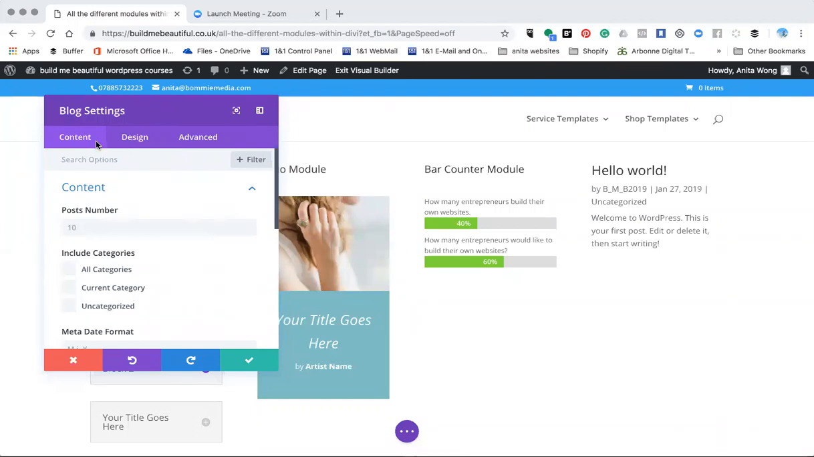Okay, so the standard principle: content, design, advanced. With the content, you can display all of your blog posts at once, or you can display just one category or a couple of categories. So you decide how many posts you want to show. Let me just take 4. Obviously, I don't have 4 posts inside of this particular